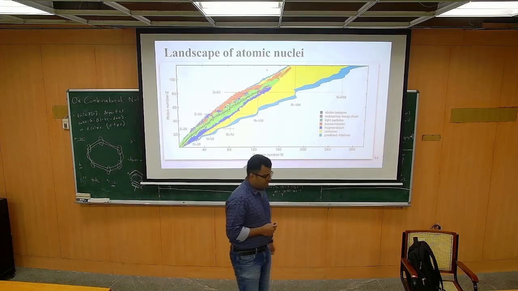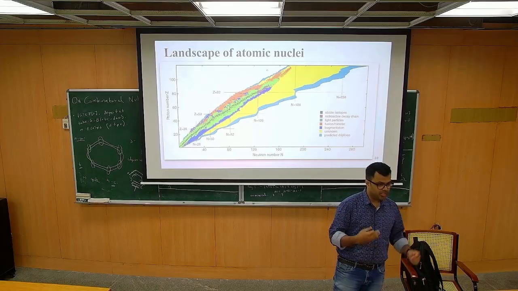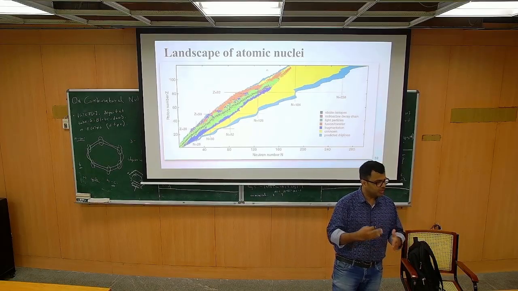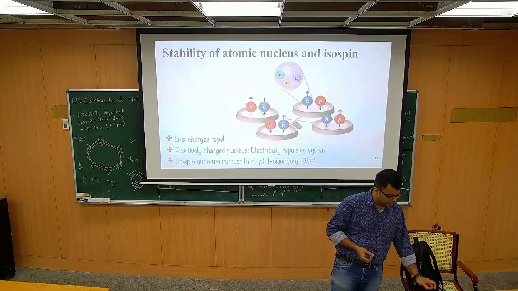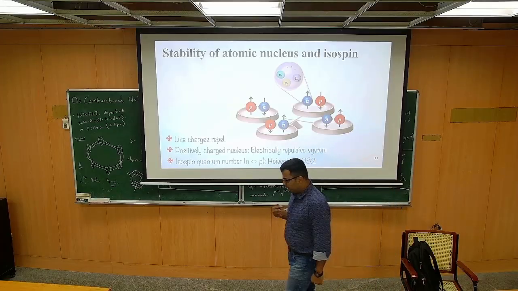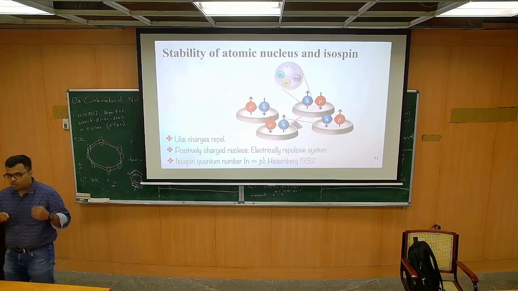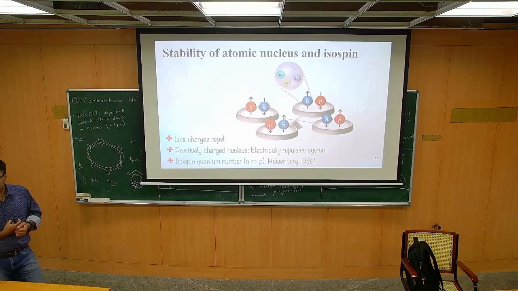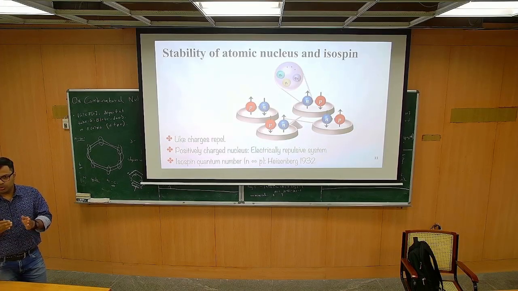Okay. Now, once again the question comes: are we done with our understanding, or can we go further? Can we further break things down and try to understand how these nuclei are made, or how these nucleons are made? And this is what I am trying to get at. Okay. Now let's take a proton or a neutron. I hope that you may have heard of quark degrees of freedom. A proton is made of 2 u quarks and a d quark, and a neutron is made of 2 d quarks and a u quark.